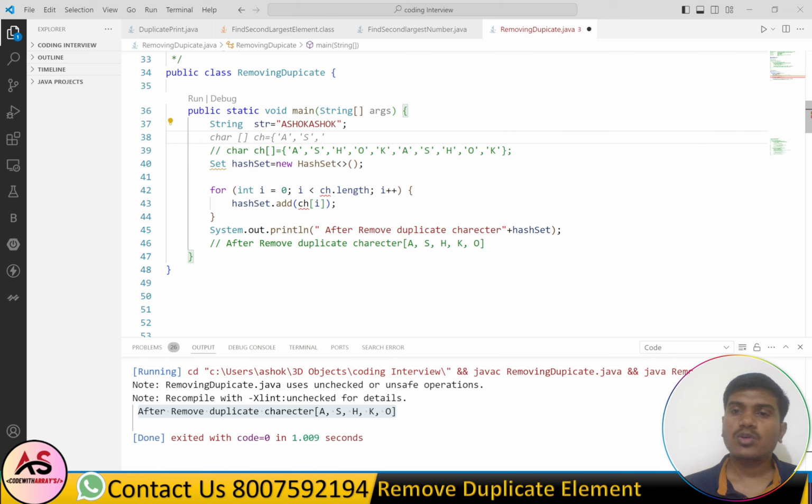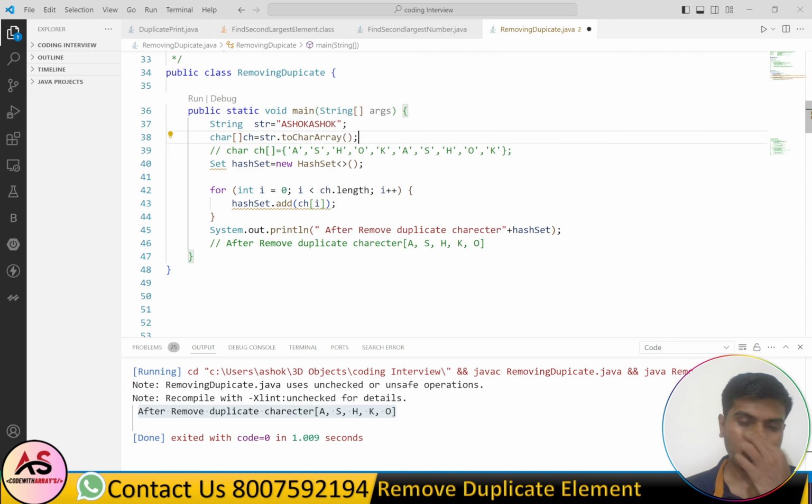After that, here we have to use one method that is to convert a string into character. For that we use char ch equals to str.toCharArray.